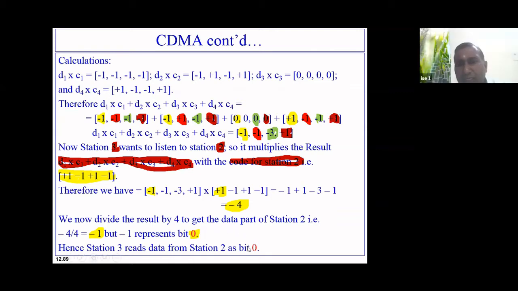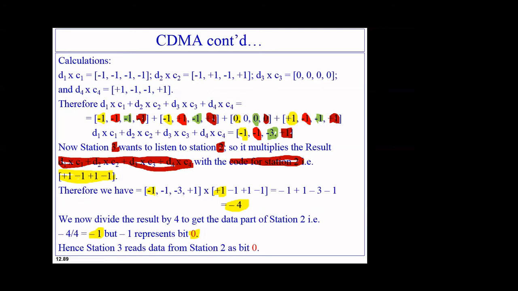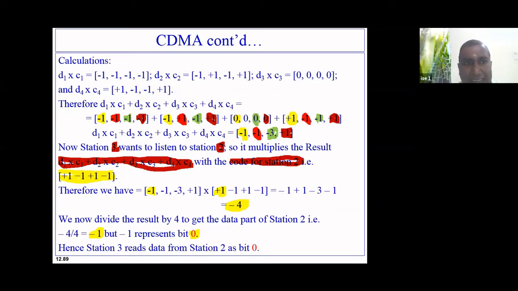So now, have you understood how exactly chip codes are taken? I'll be telling you how to design the chip codes. I have not told that part yet. Design a chip code and data: if a station wants to send a 1, it will be encoded as +1. If another station wants to send a 0, it is encoded as -1. And if a station doesn't want to send anything, that data is coded as 0.